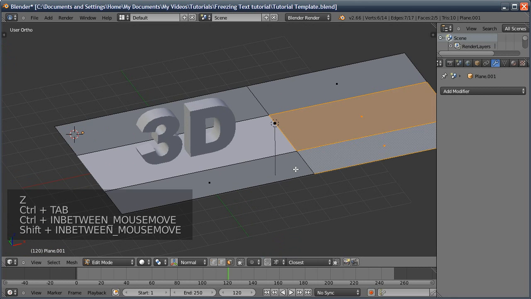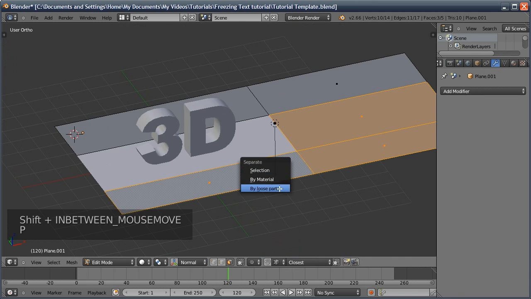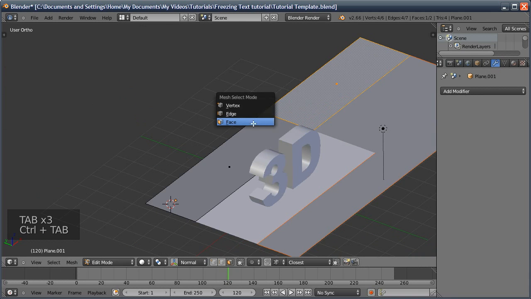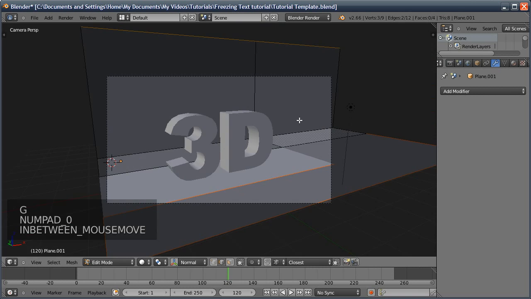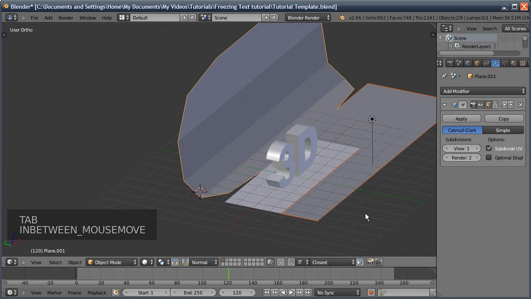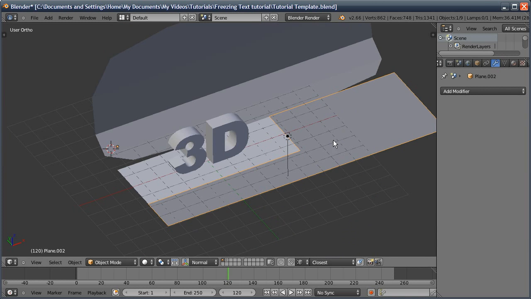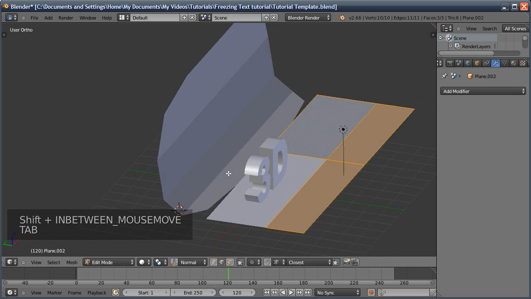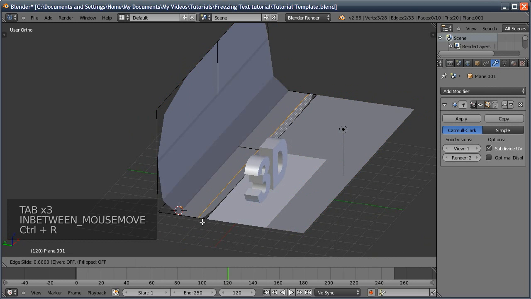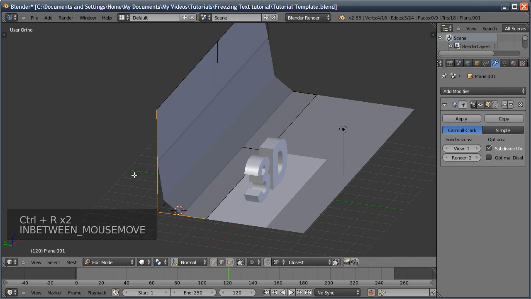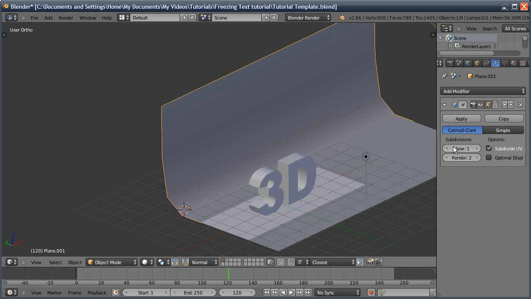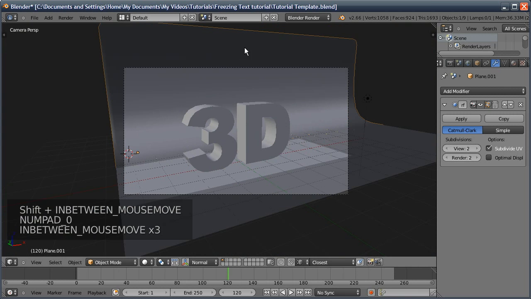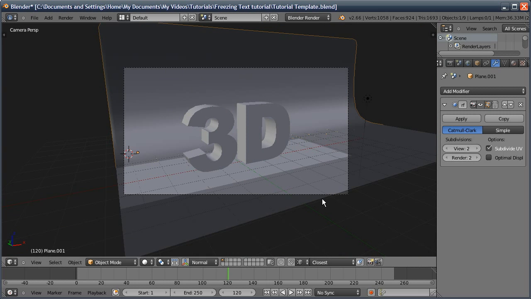I'm then going to separate these three faces, and we'll see why in a minute. So P and then selection, and then I'm just going to extrude this edge up, and this is going to create a curved wall at the back. And then I'm going to add a subsurf modifier, and we didn't want to add a subsurf to this part of the mesh because it would have rounded these corners off and we'd have had to sharpen them again, so it's easy just to separate them out. And then we're going to add in a few loops with Control R just to sharpen up these edges. And then I'm just going to press space and then type shade smooth, turn the subdivisions up a bit, and now what we've got is a nice curved wall,